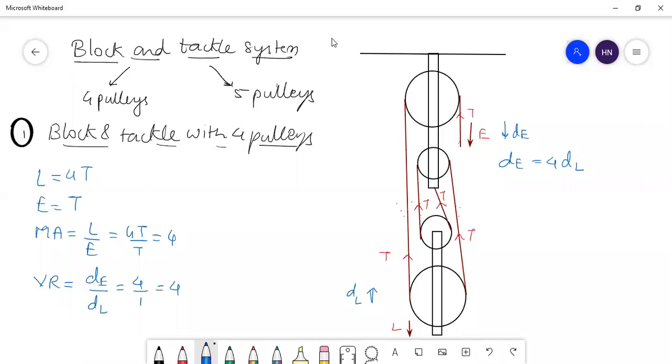In this case, if I talk about the efficiency, mechanical advantage by velocity ratio, it is not going to change; it remains the same at 100%. The only thing we changed was the mechanical advantage. So it depends upon how many pulleys you use in the combination. If you need a mechanical advantage of 4, this is the block and tackle system with 4 pulleys. Similarly, for 5 pulleys, we'll cross verify that if I get a mechanical advantage of 5, whether there are 5 pulleys or not. We'll cross check that in the second case.